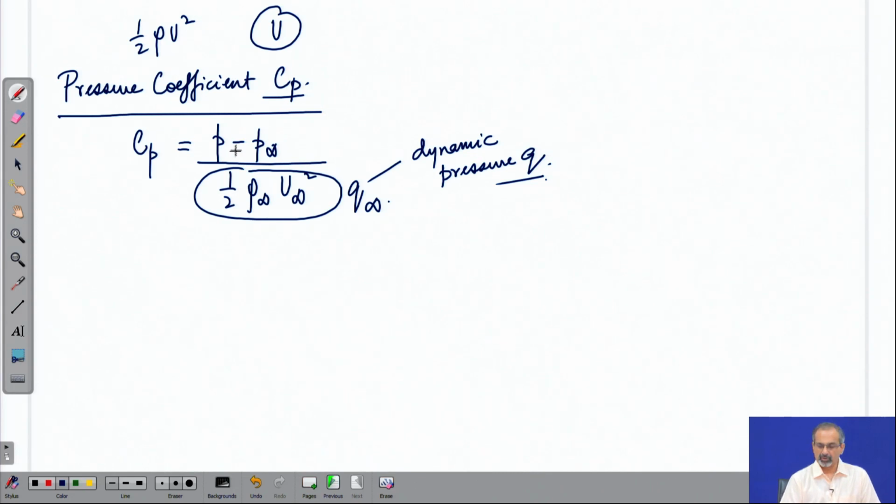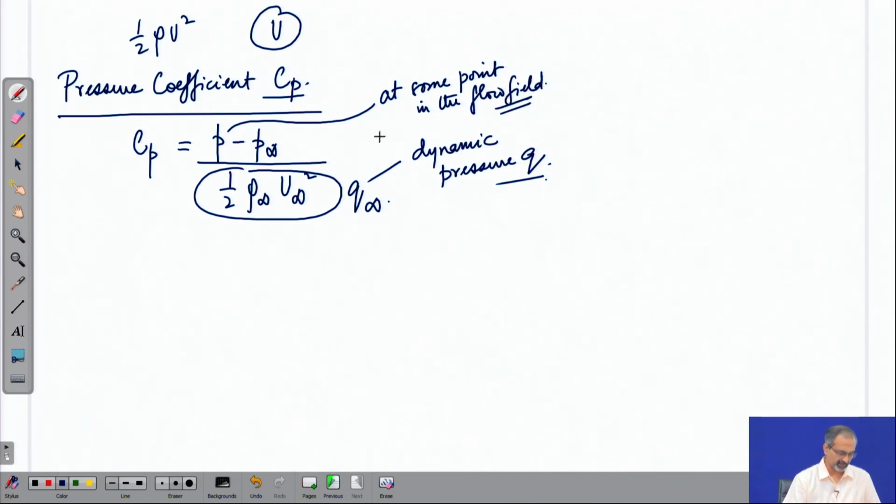So, what is it talking about? It is talking about a pressure at some point in the flow field, and we are trying to make a non-dimensional assessment of that pressure. So, if you were looking at a situation like this, that there is a uniform flow moving past an airfoil, and you are interested to find out the pressure coefficient at a point on the airfoil, then